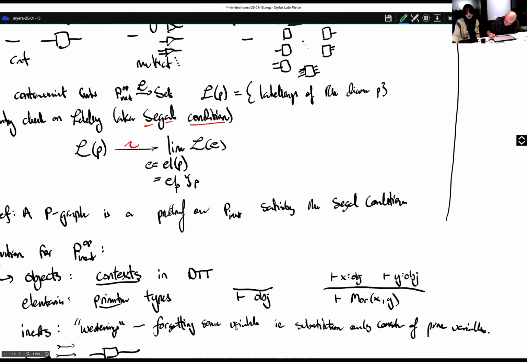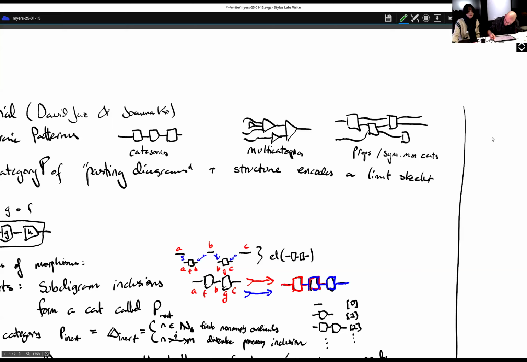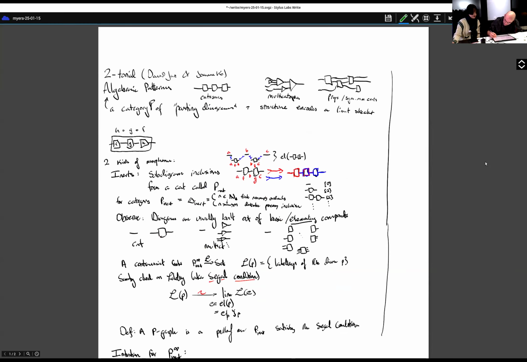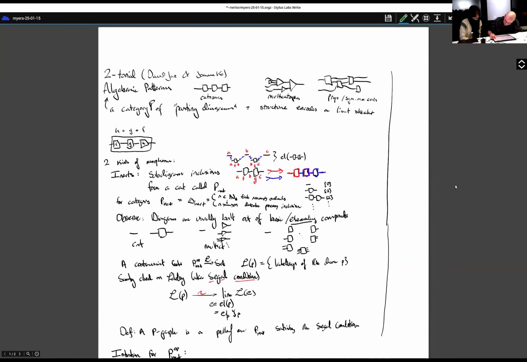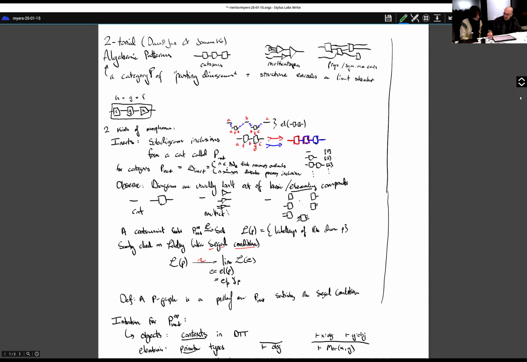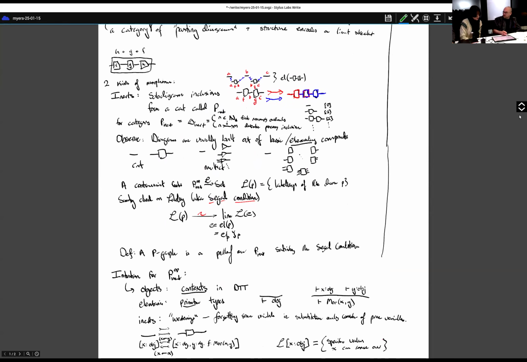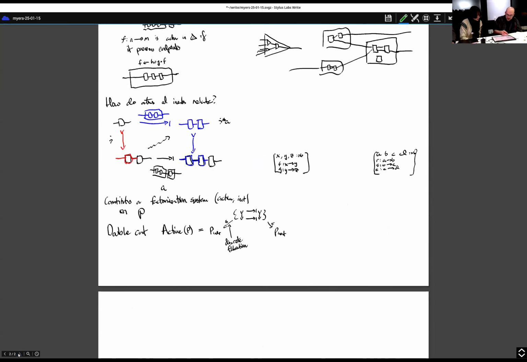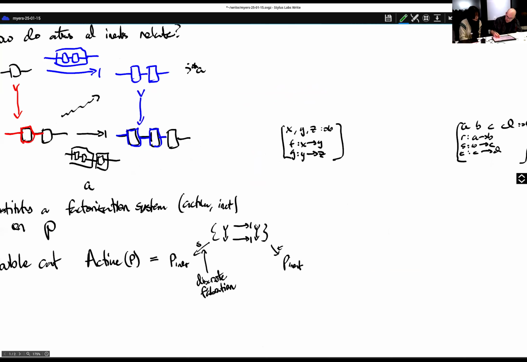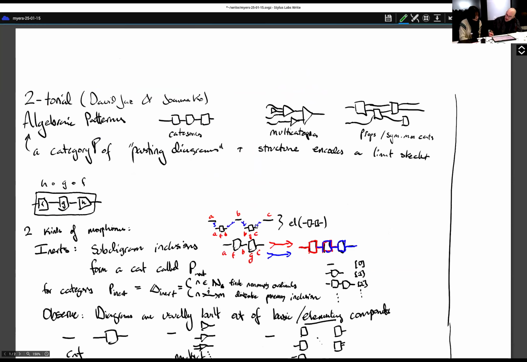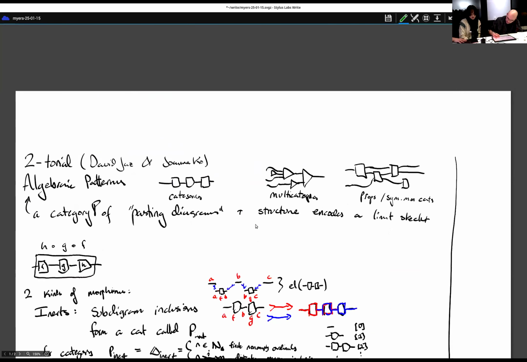And then this one here is going to be A, B, C, D of type ob, R, A to B, S, B to C, T, C to D. There we go. So it's the same thing as before, but now these ones are labeled X, Y, Z, and these ones are labeled A, B, C, D. And then, right, the active here, again, everything's backwards. The active here is given by,